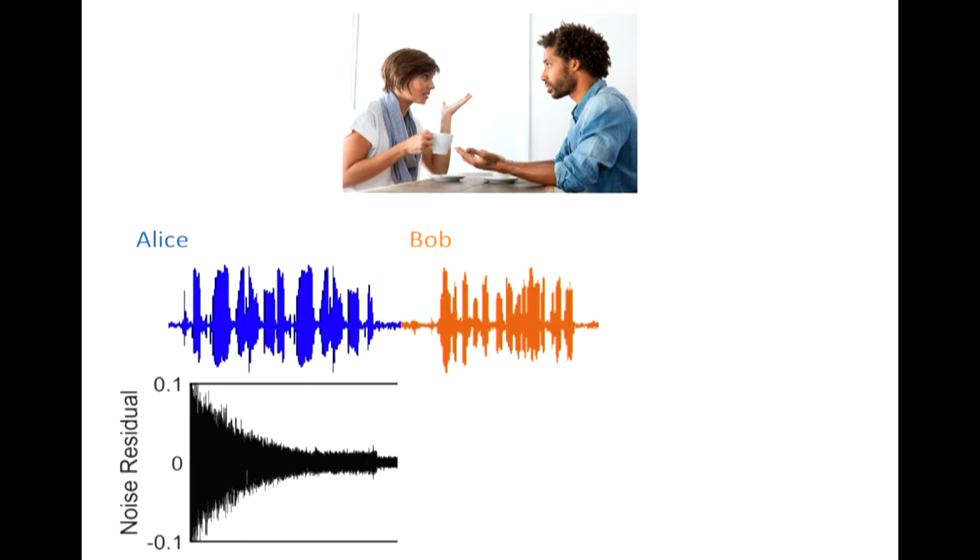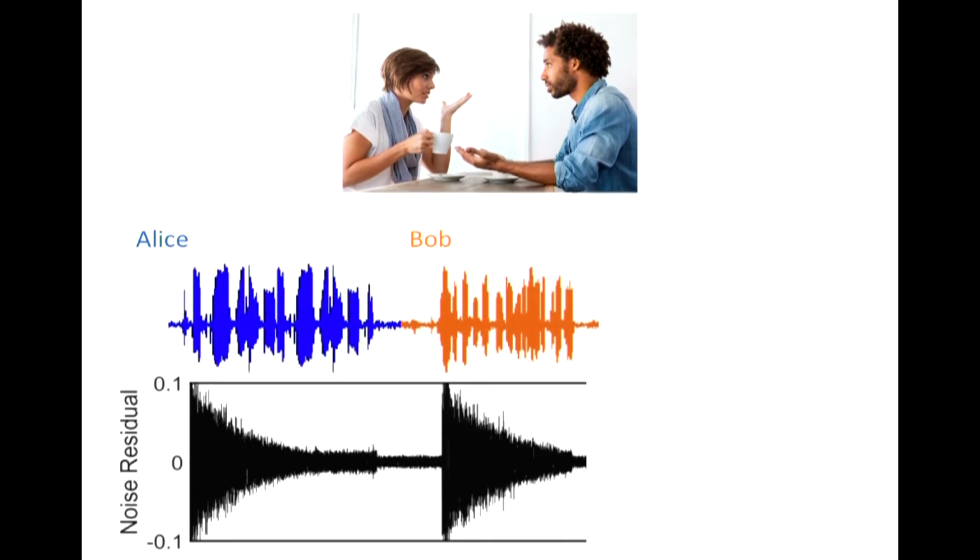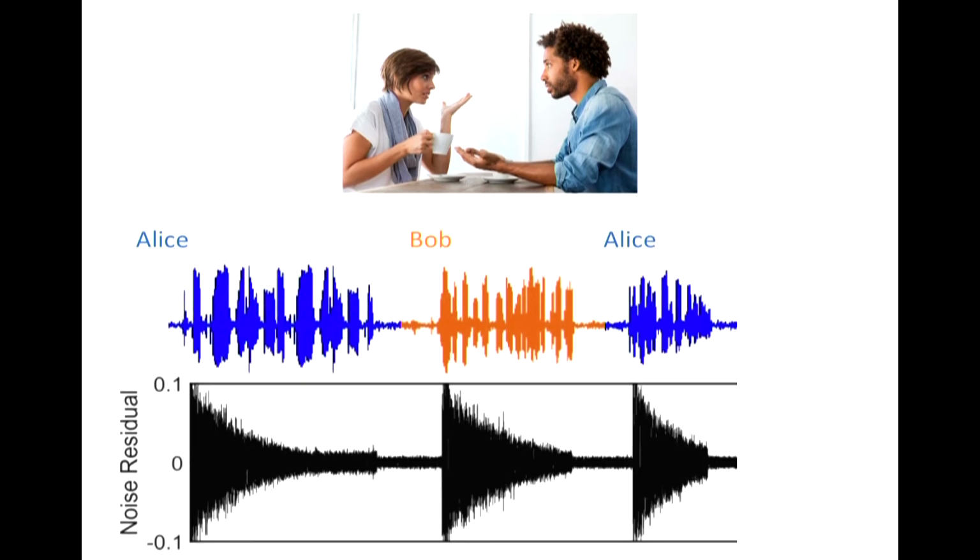But now, once Bob starts talking, whatever the DSP has estimated for Alice is no longer going to work. Now the DSP has to re-estimate the filter for Bob, which means now it has to start from scratch. So of course, the error is large again at the beginning, and again, it goes smaller and smaller as it receives more and more of Bob's sound. So this performance fluctuation happens every time there is a transition between Alice and Bob.